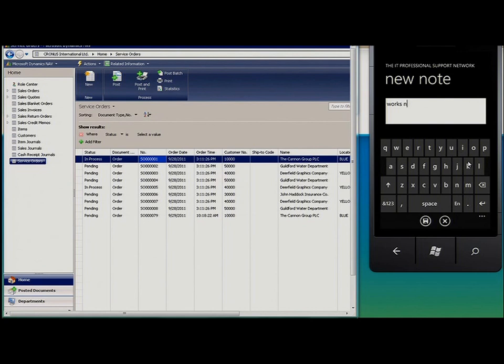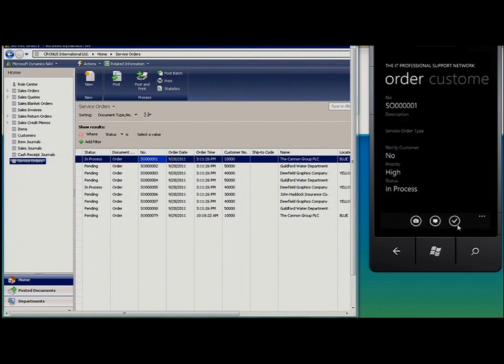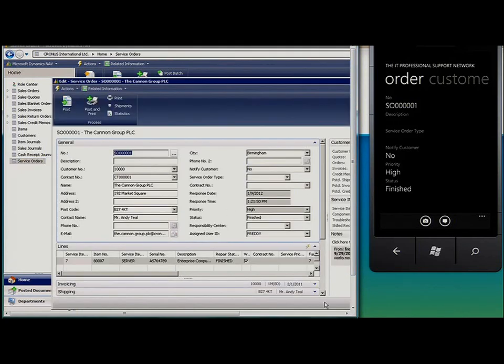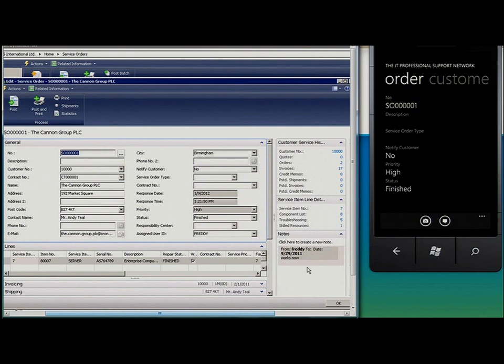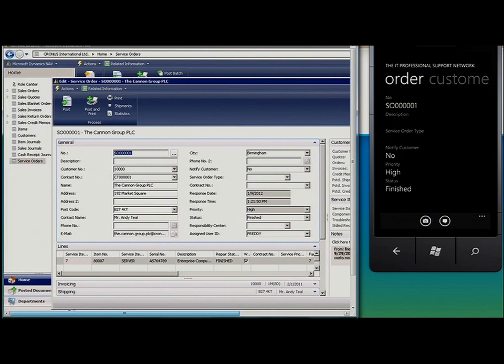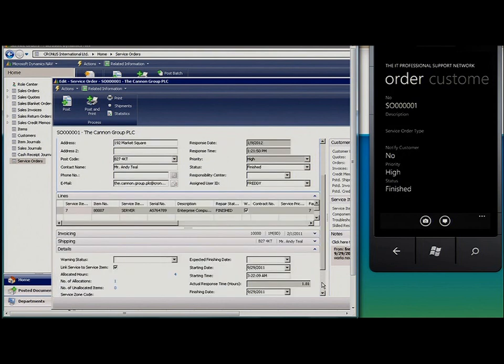works now. Save that, and then when I'm done, I'll simply click done, and the order now has status finished. And actually, if I click over here, it should also have status finished. And I should be able to open that one and see that there's a note on the right-hand side that says works now, and the service technician that actually created that. And there should also be information in the